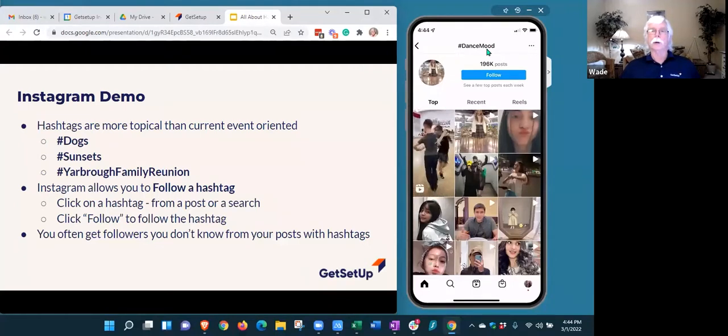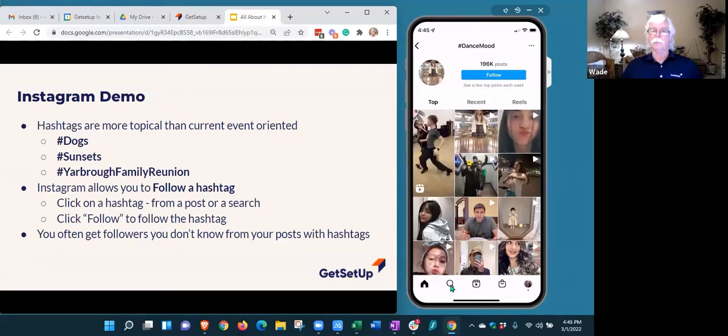In Twitter, if I wanted to see hashtag Ukraine, I'd have to go and actually search. With Instagram, they'll put things in your feed from any of the hashtags that you follow. All I'd have to do is click here to follow that hashtag.